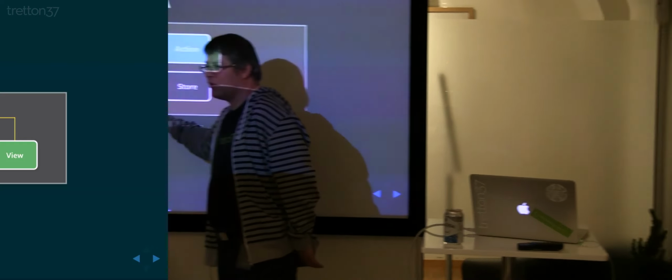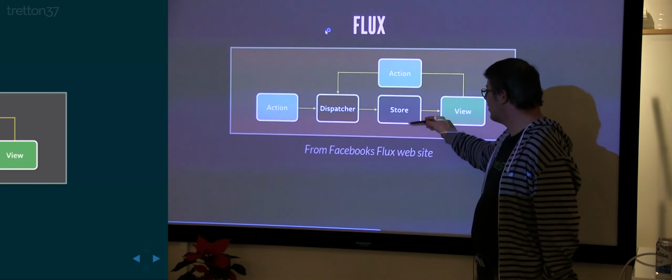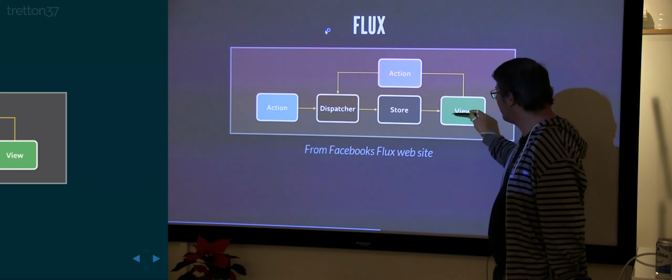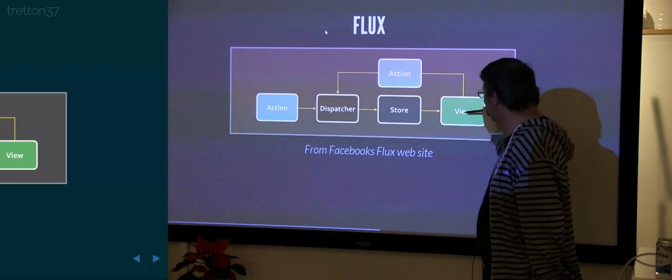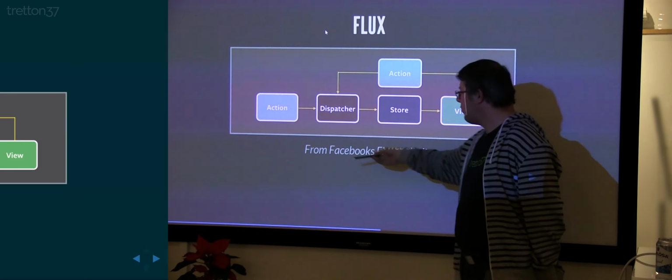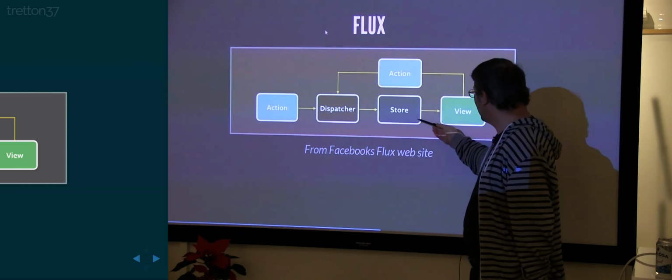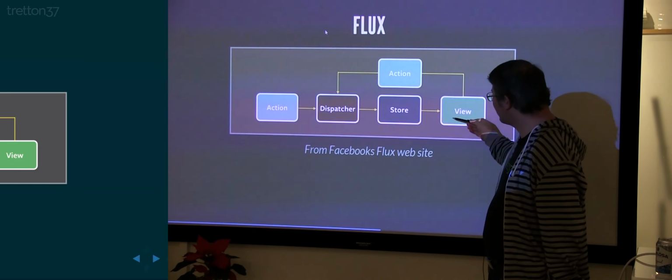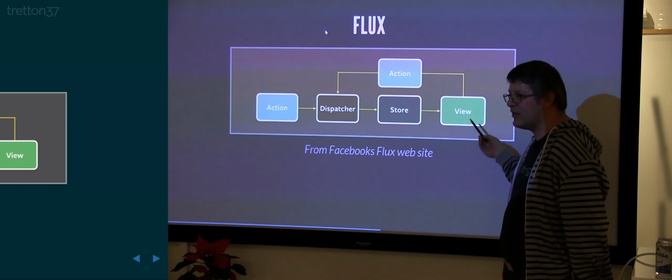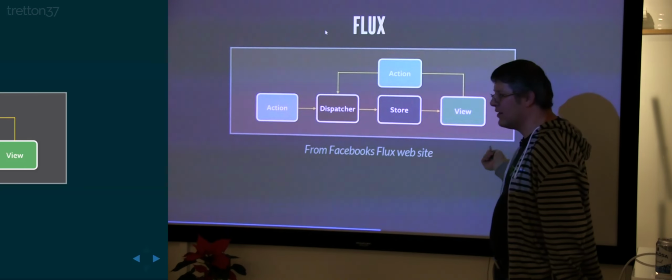view or component. If the view has a button or something that wants to change something, it will send a new action. And this action will go to the dispatcher, who will send it to the store. And the store will change, and everything that needs to know about this will get to know about it. And of course, there could be different stores and different components. So if I have one action, it goes down to the dispatcher, to the store, and to a view or component. The component renders itself, and then the user is using this application and clicks on a